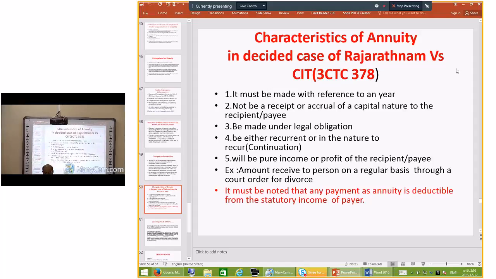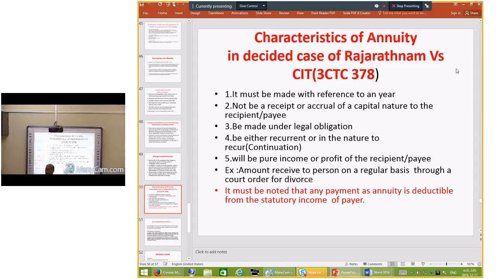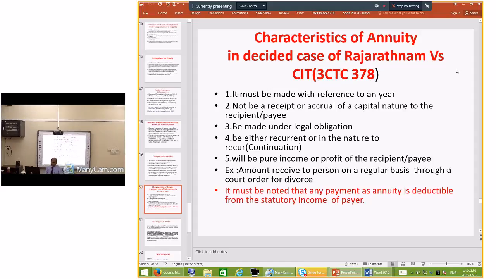Then, only for general knowledge, the first step is that all registered taxpayers have to submit a return of income to the tax department. In Sri Lanka, we have a self-assessment tax system. A person who has income of more than 500,000 according to the existing law, from any source of income, per year,